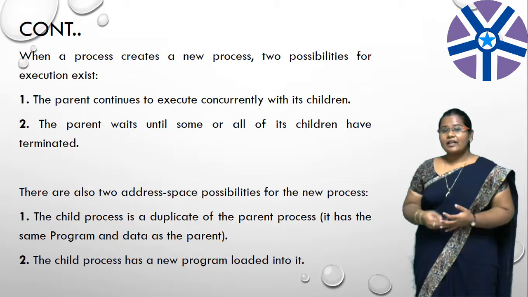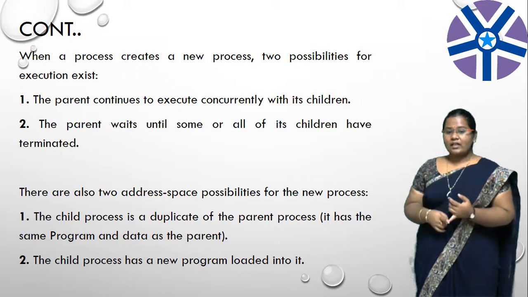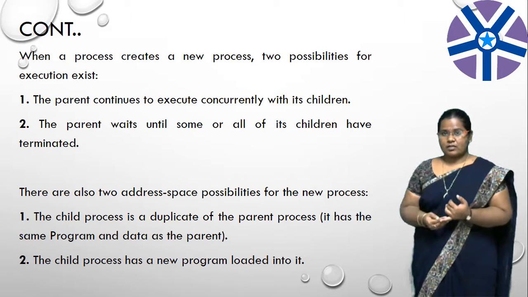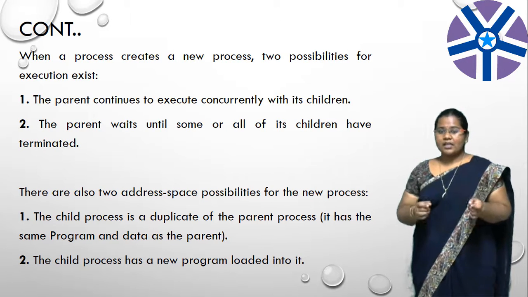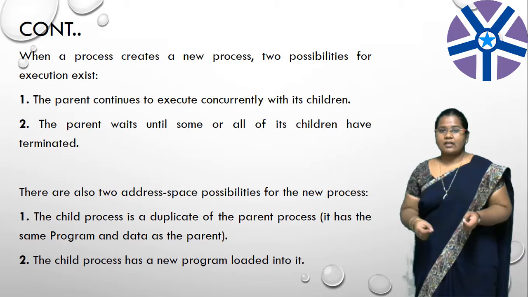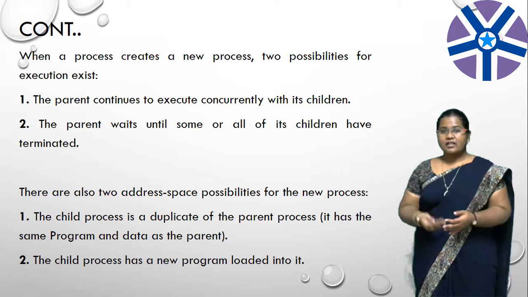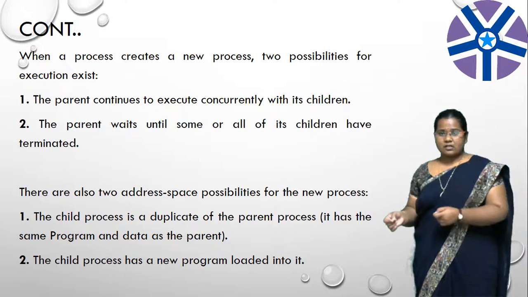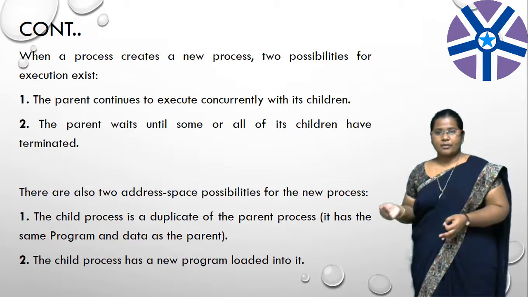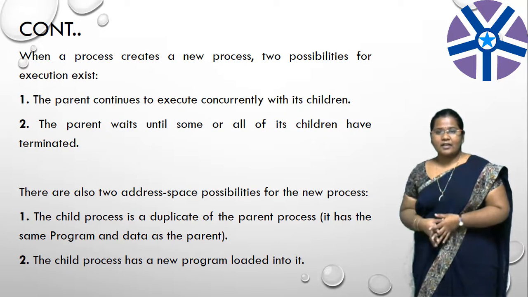And coming to the allocation of memory for a child process, there are two possibilities here. One is, if the parent and child processes are duplicates of each other, that is, however the parent process is present, the same and exact Xerox copy of the child is made, then it will be allocated the same address space as that of the parent process. If the child is another process, a new process, for example like a simple function call present in some other file, then such a child can be allocated a separate memory address.